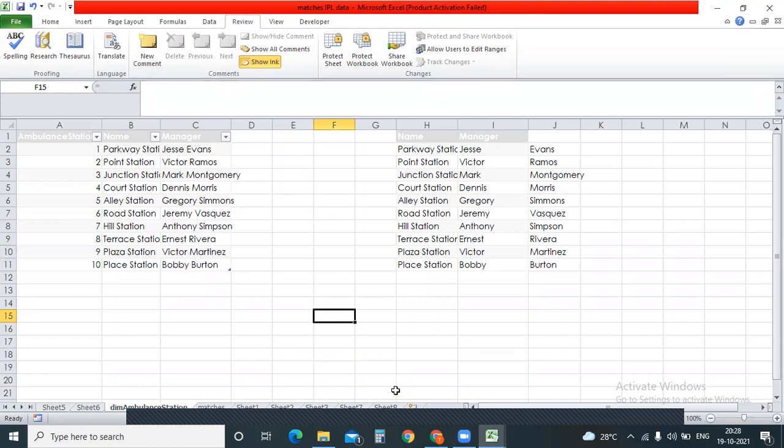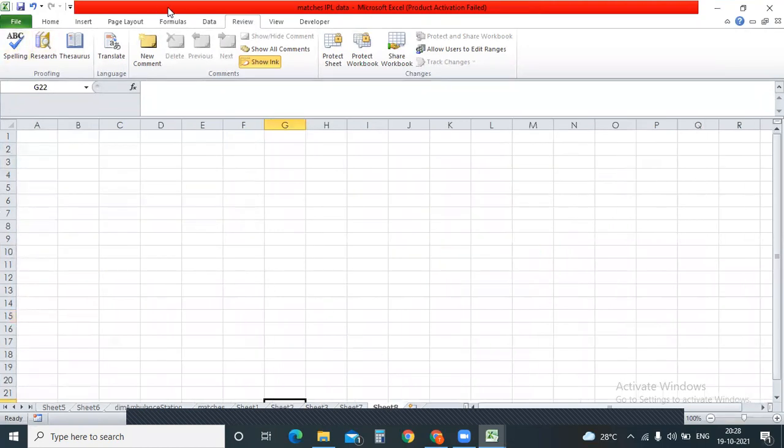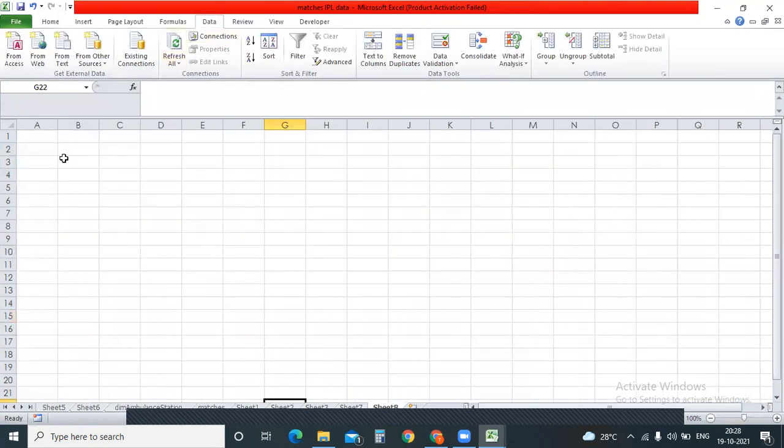So right now I want to discuss something else. But if you want to copy it from other sources, like some text files or some Word document or from some other website, how can you do that? This is the option. Just go to, so now I need to fetch the data from text. Okay, just click on the option.